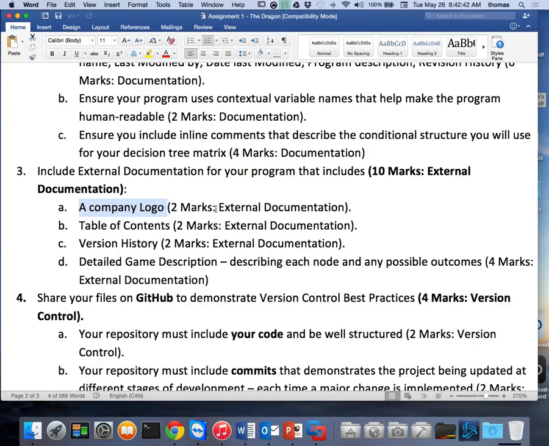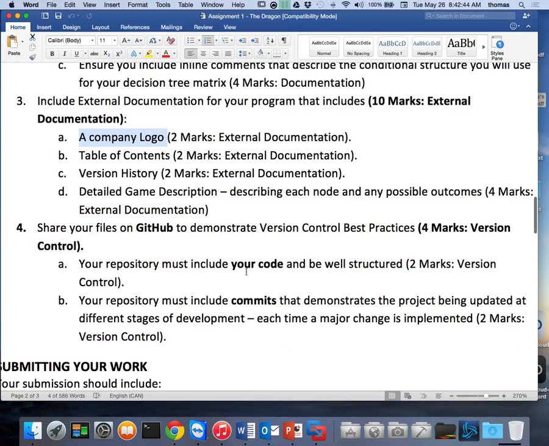Share your files on GitHub. Some of you still haven't figured out how to use this stuff. Again, Visual Studio, we'll go over it again and again. It's built into Visual Studio to have a connection to GitHub. Again, you'd have to configure your Visual Studio for GitHub as a default, and for your commits,